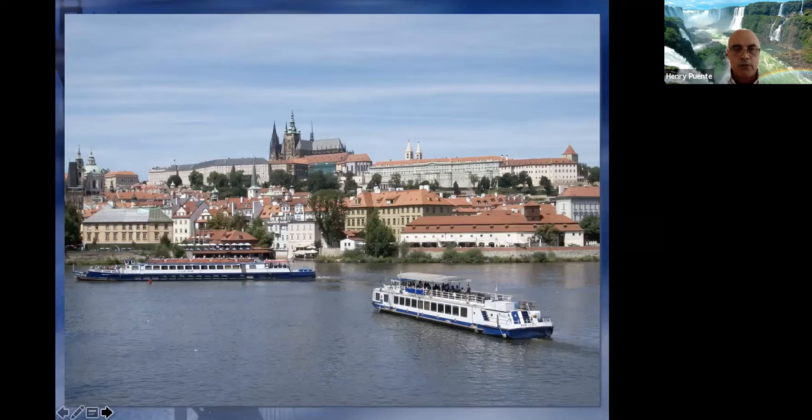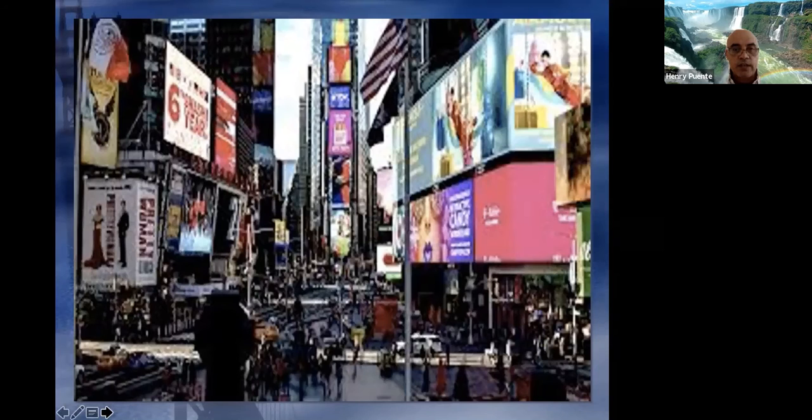If we think about a theme park, which we already talked about, if you think about Disneyland or Disney World, certainly an amusement park like Knott's or Six Flags could be considered a tourist attraction because of its amusement or leisure value. If you think about a famous street or district, this is an example, this is a picture of Broadway. If anybody's ever been to Broadway over in New York City, it's a tourist attraction for people who love to go to the theater, but also if you just want to be around hustle and bustle in New York City, Broadway or Times Square are good areas to go to.